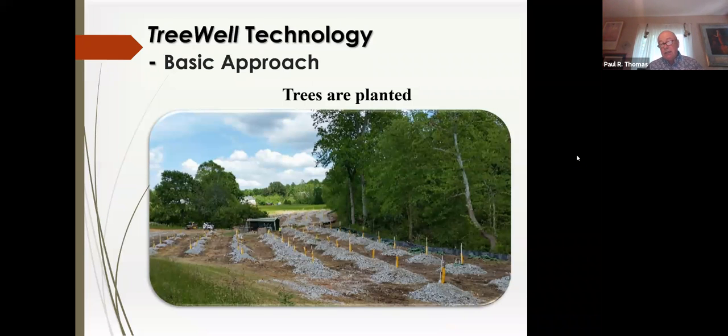When we're done, a fairly typical installation will look something like this. We have a mound at the surface that we complete and plant a tree in, so that precipitation is shed off of this mound, and that plastic sleeve is brought up right around the trunk of the tree. So the tree is essentially sealed into this unit. Then in a typical installation we place a gravel mulch on the surface. We do this for several reasons,